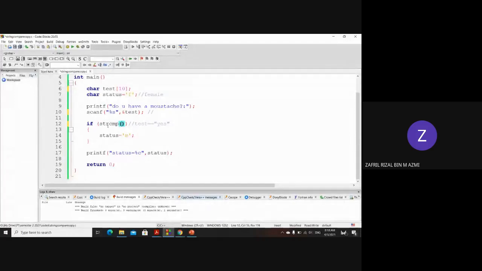So a specific function has a specific syntax, if you want to use it. So what's the syntax for strcmp? This is how you use it. You cannot change this, just copy and paste only. So this is the basic